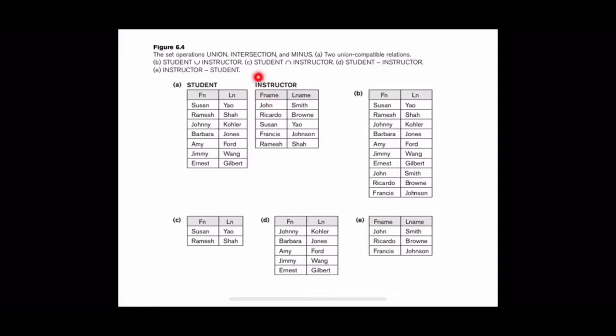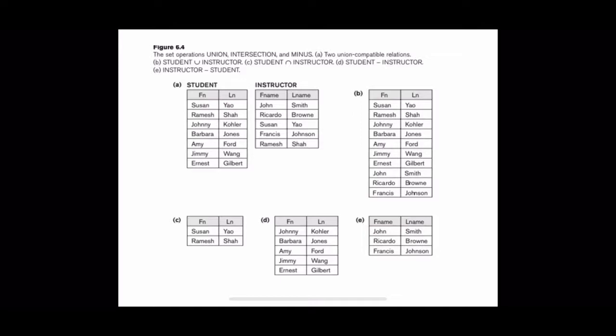So both have the same domain. And like that the second one also has the same domain. LN and LName will have the same domain. So this can be called type compatible. So we can perform the operation. So the result will be like this. All these elements will be merged. We'll have a table with all the instructors and all the students.